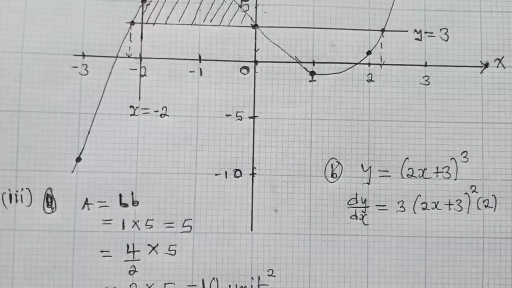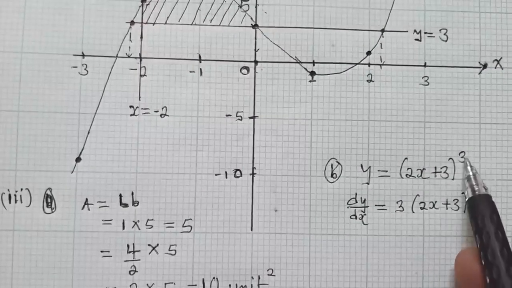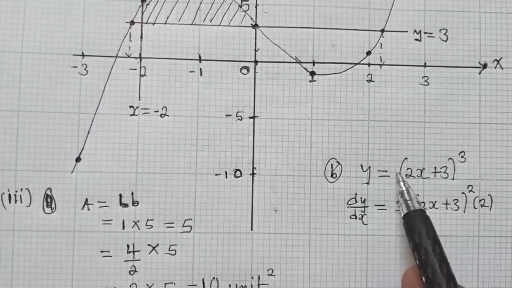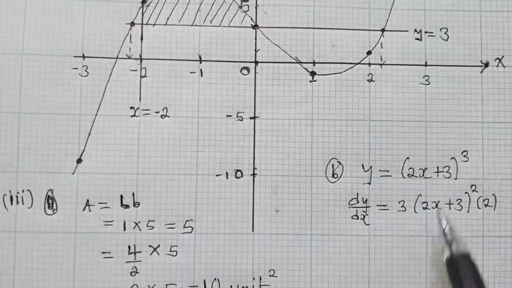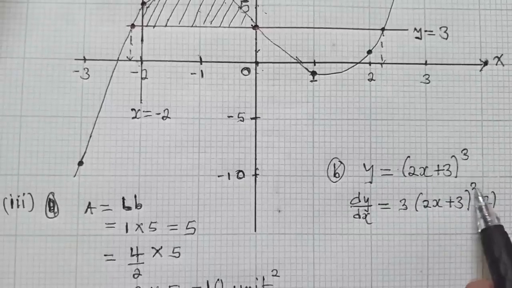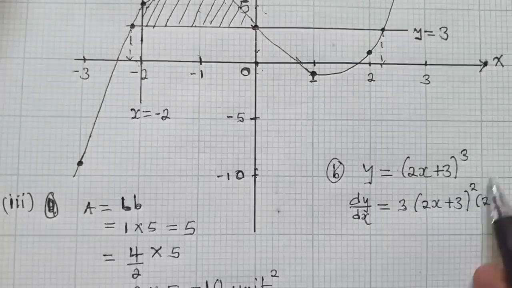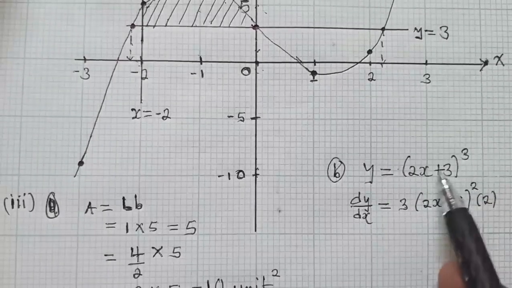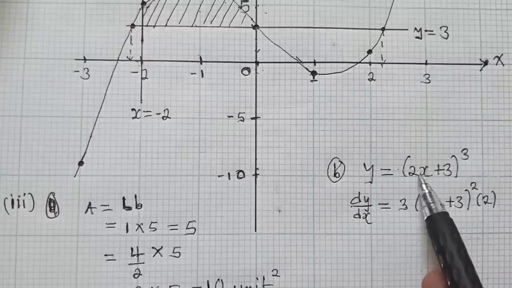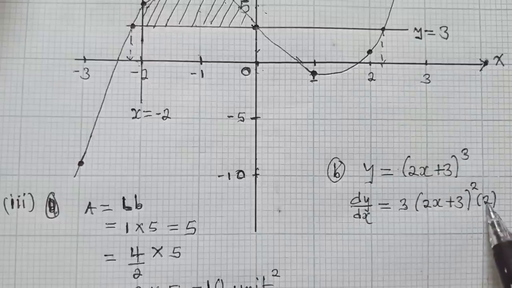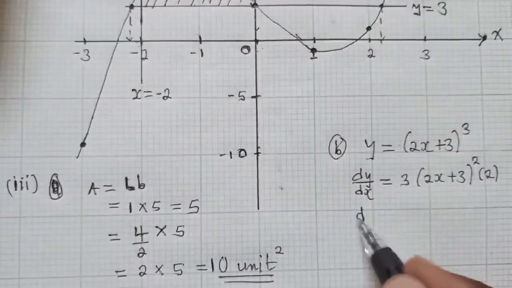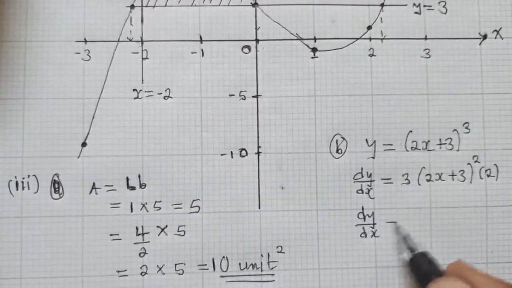So maybe you may be wondering that what have I done? I've just multiplied this by the number that is in front of the brackets, this power. So it's 3 times 1, it's a 3. And then to the power which is here, I subtract a 1. So 3 minus 1, it will give me a 2. Next, find the derivative of what is inside here with respect to x. So it will just be a 2. Now put it there so that you multiply it with this. So it will be dy over dx is equal to